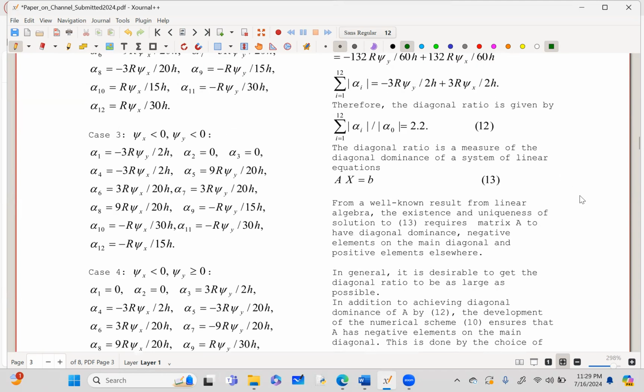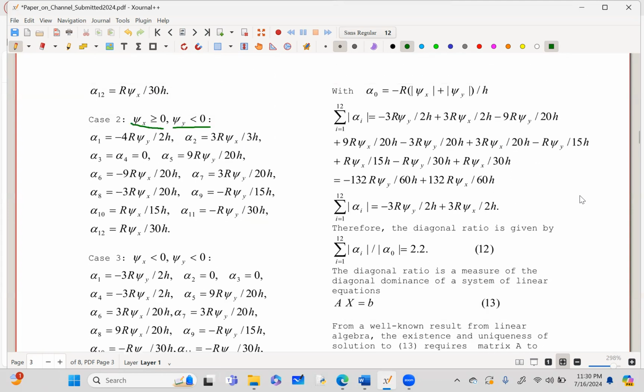Once we have those 4 cases, we can use them to demonstrate that the ratio of the off-diagonal elements to the main diagonal element, which is alpha 0, that is, the sum of the absolute values of the off-diagonal elements to the absolute value of the main diagonal, comes out to be 2.2. We just called it the diagonal ratio,